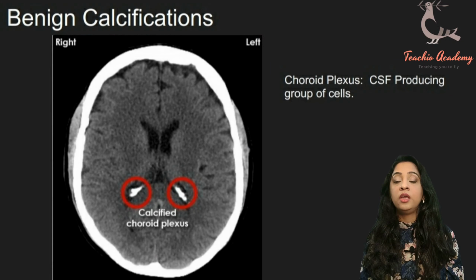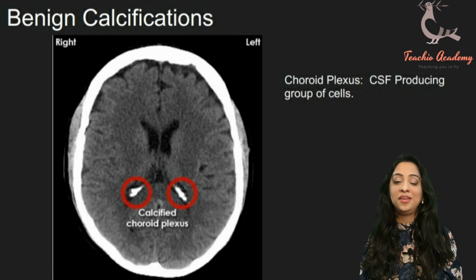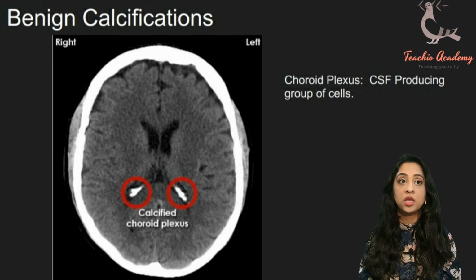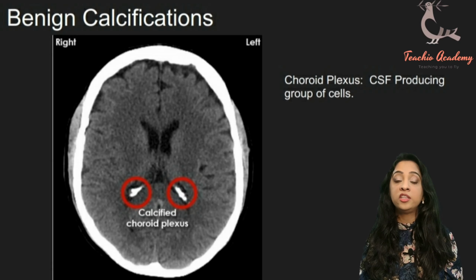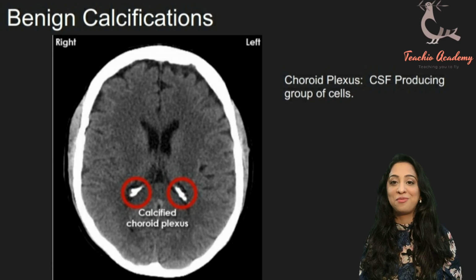Alright, now if you see this in real life, or you see this in your exam, please do not call up the radiologist. These are benign calcifications which appear on your brain. Now the choroid plexus is the plexus which is going to generate your CSF, and it's often associated with calcium deposits. So this appearance of these white spots is not actually blood. This is just the calcified choroid plexus. If you lose this, you're going to have a very dry brain. So this is a normal appearance for the brain.